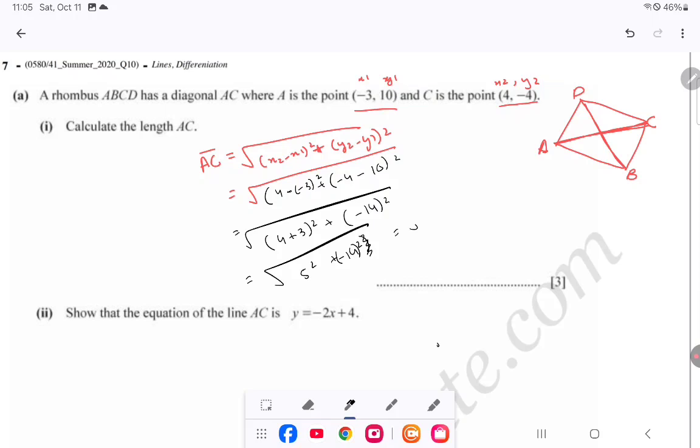So 25 plus 14 square will be 196, which will become 221, which is the square of